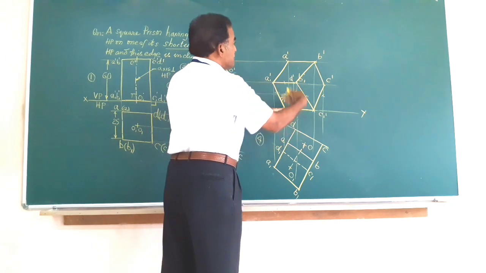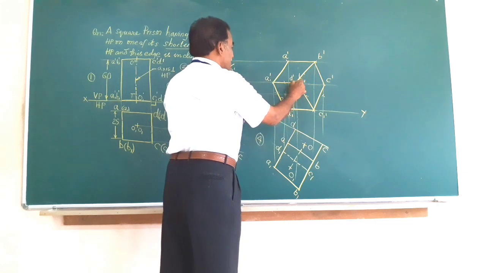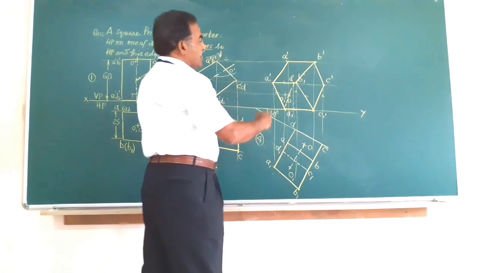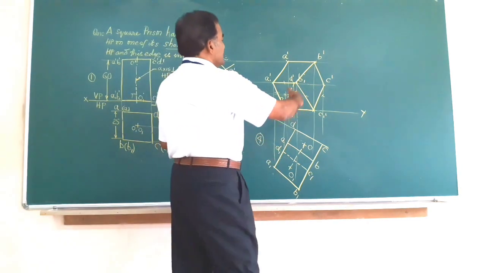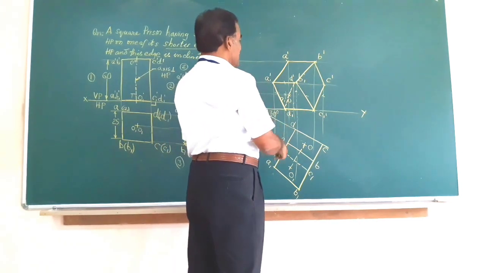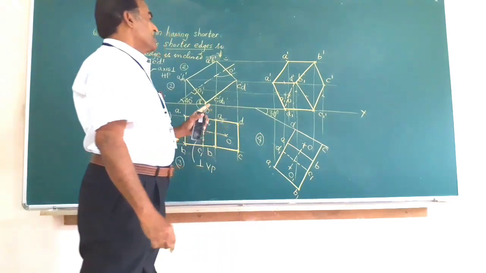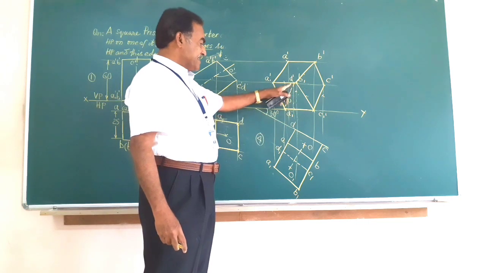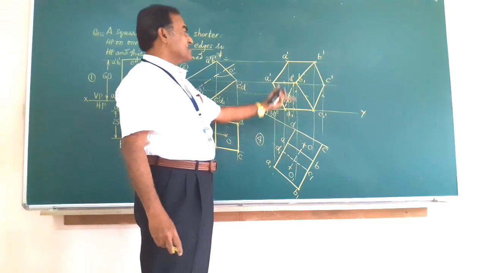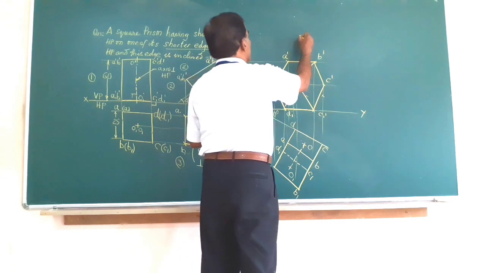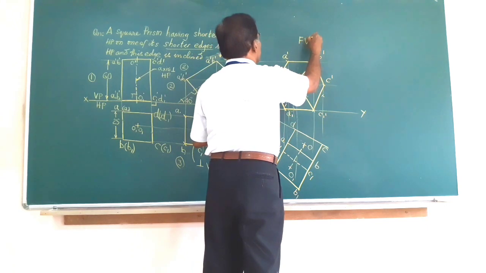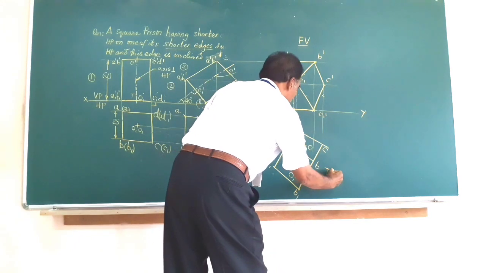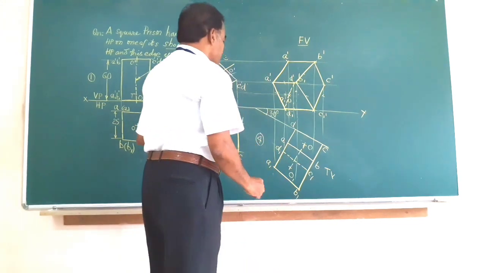The point D comes behind. So this has to be joined by a dotted line. So that is not visible. So all other edges you have got CC, BB, AA, DD. And remember here, the only edge that is not visible is this edge, DD, because DD comes behind this, and this will give you the complete projection. This is the front view of the solid, which I show by FV, and this is the top view of this, and you can say here.